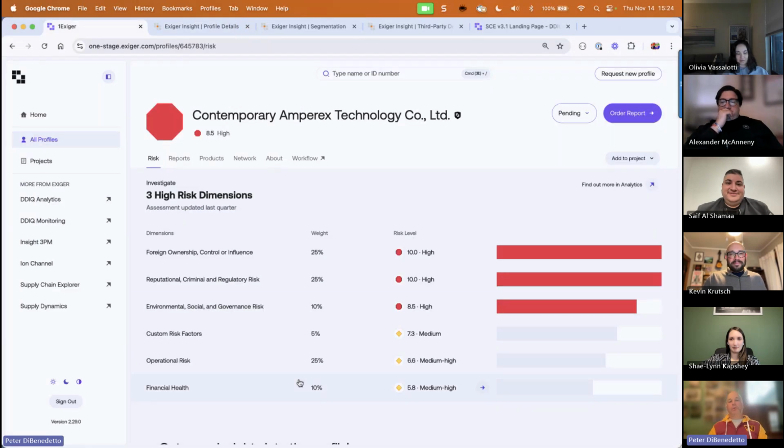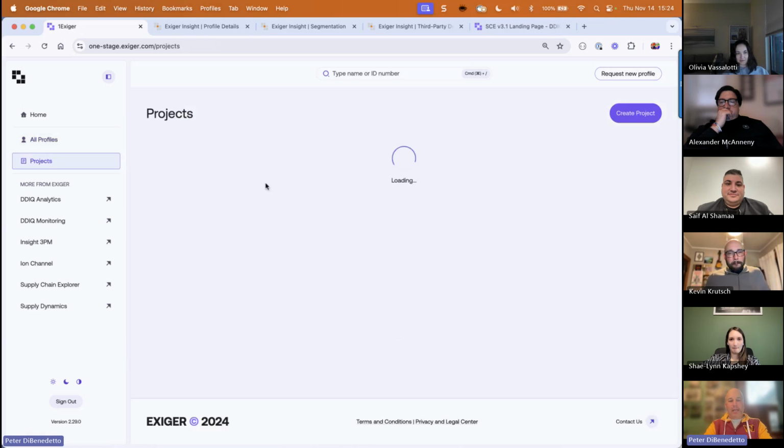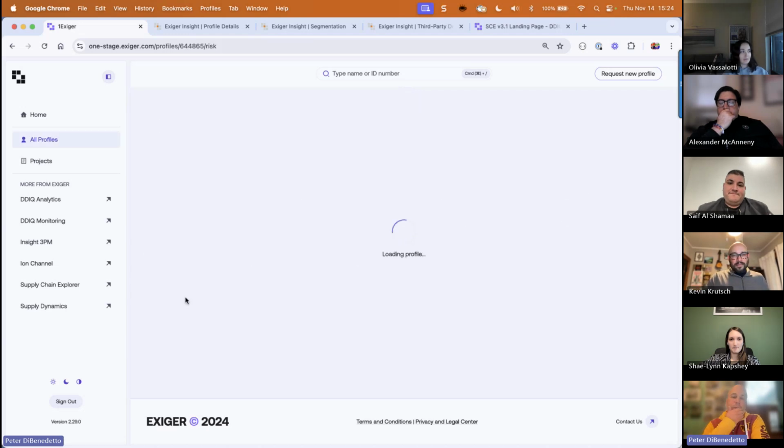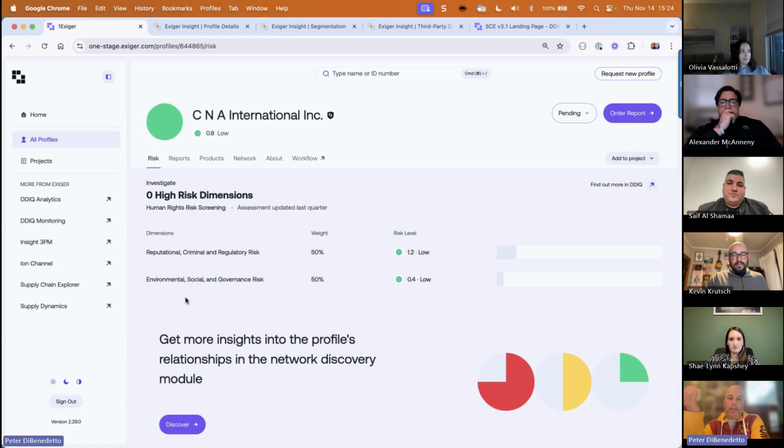All right, so workflow capabilities, contemporary Amprex. What I want to highlight next is, when we go back and look at the next supplier in our group that we want to talk about today, let's look at CNA International. One of the key things related to the Uyghur Forced Labor Prevention Act is the ability to look at sub-tier risk. One Exiger does this automatically with no vendor outreach, no need to ask for validation. Here we have CNA International, and what I want to point out is